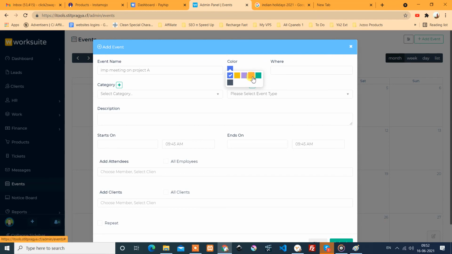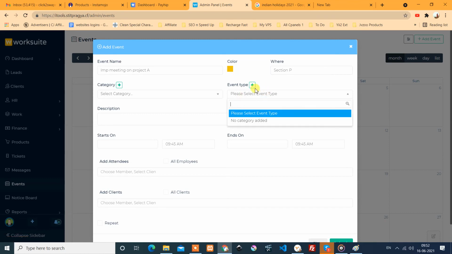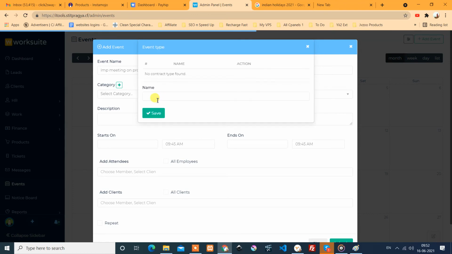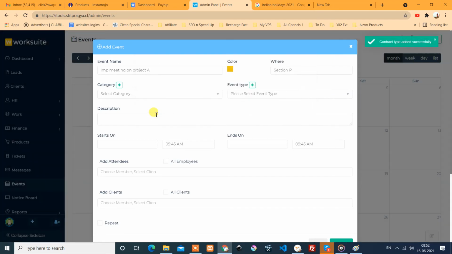You can have the multiple colors, let's say in section P or whatever may be the address, you can put it here. Event type, we can categorize the events. I create the category meeting. You can create different categories.